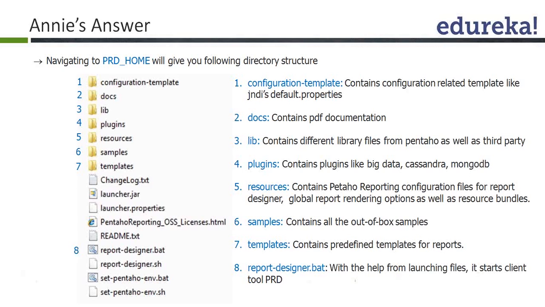So you may have resource bundles which need to be kept in resources. Then samples: PRD is coming with a set of samples, and samples are based on that Steel Wheels data. So you can use all those sample templates, and PRPT files will be kept here. Then templates is something you